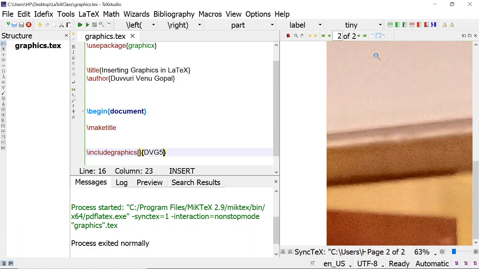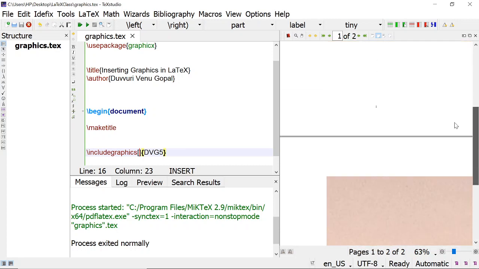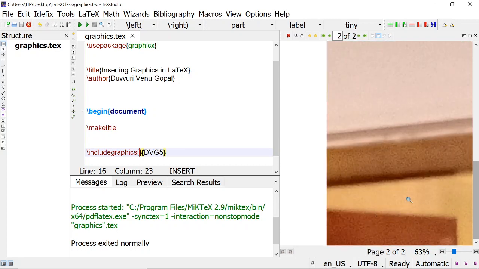So the figure came, but the figure size is very big, that is why it came like this. Now we can define what should be the size of the picture. We can set width is equal to 2 cm.